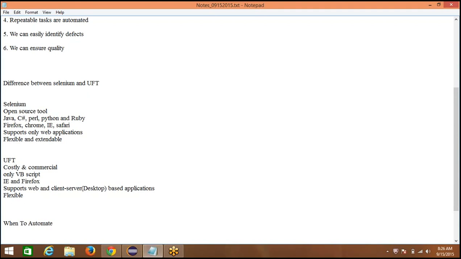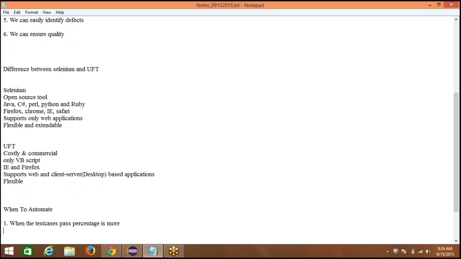Okay, can I say two things? When the test case pass percentage is more, that means the application is getting very stable.